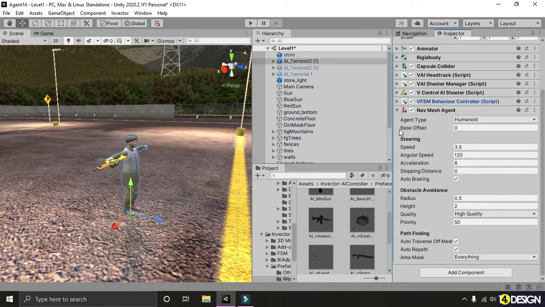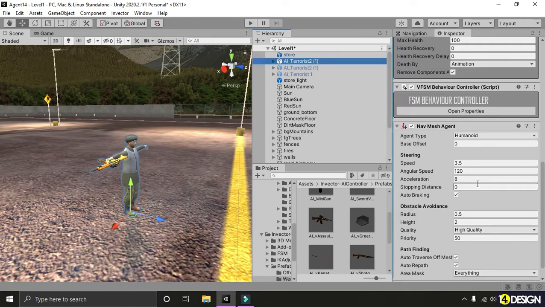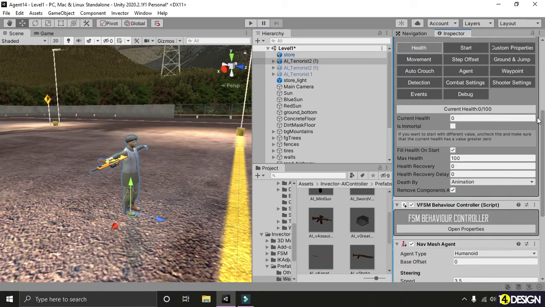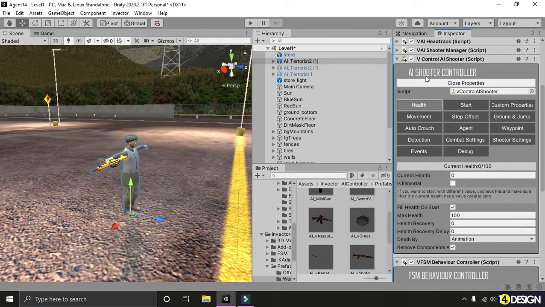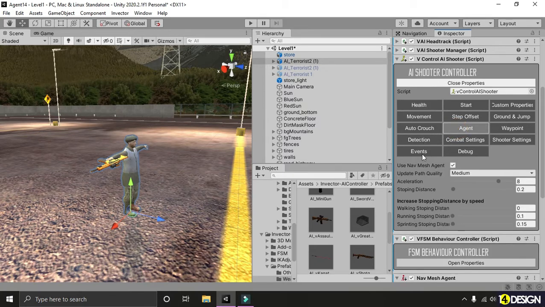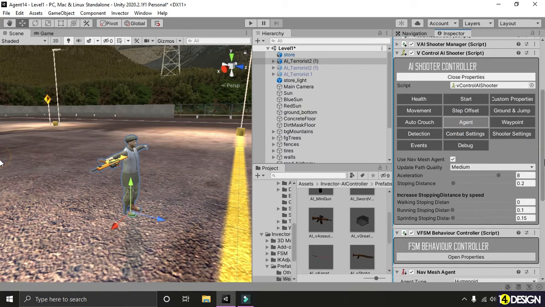Sorry, it's not in the nav mesh agent. We're gonna go to our AI shooter controller again and go to our agent option here. Now this controls the nav mesh agent. So here we have it, the stopping distance. It's currently 0.2. Let's bump it up to 2 and let's check. Click on play.